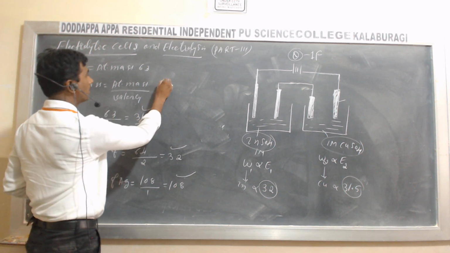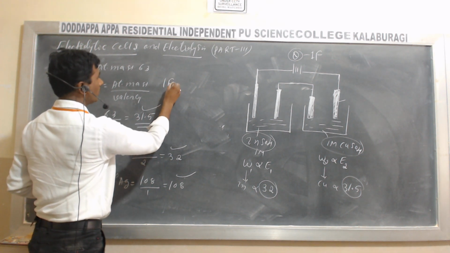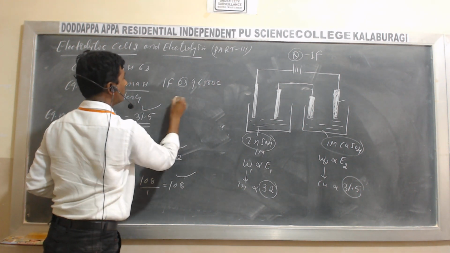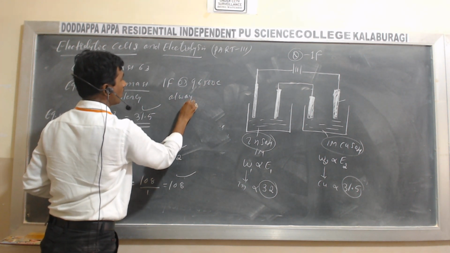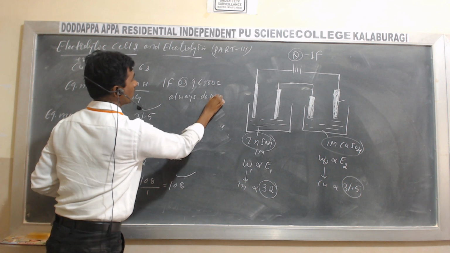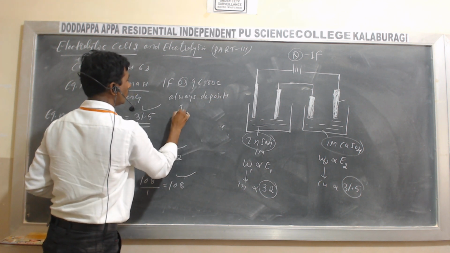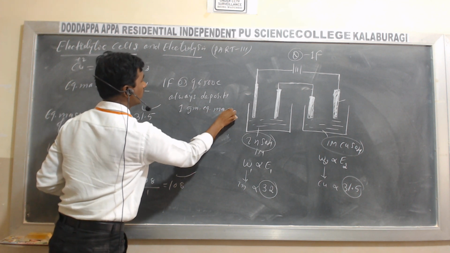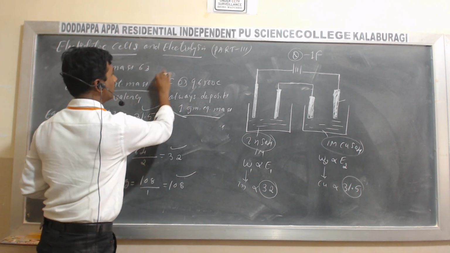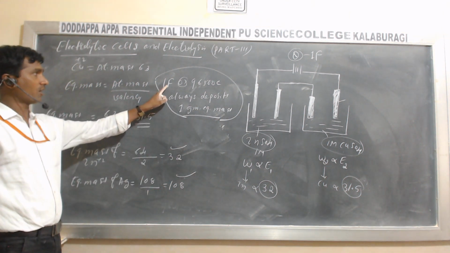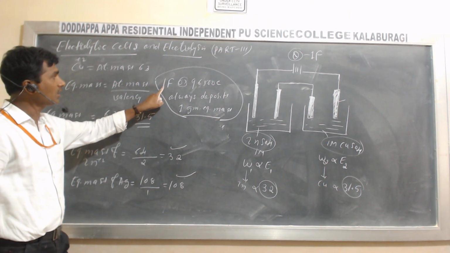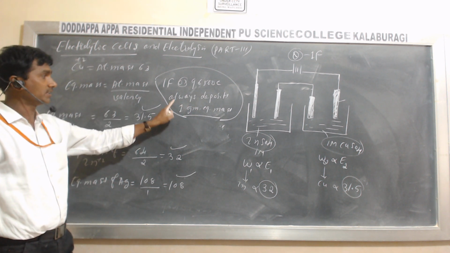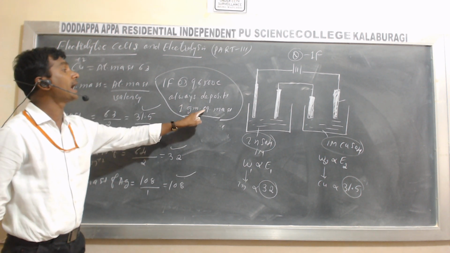So you have to remember, 1 Faraday or 96,500 coulomb always deposits 1 gram equivalent mass. Deposits what? 1 gram equivalent. This is very important. So if you supply electricity of 1 Faraday or 96,500 coulomb, it always deposits 1 gram equivalent